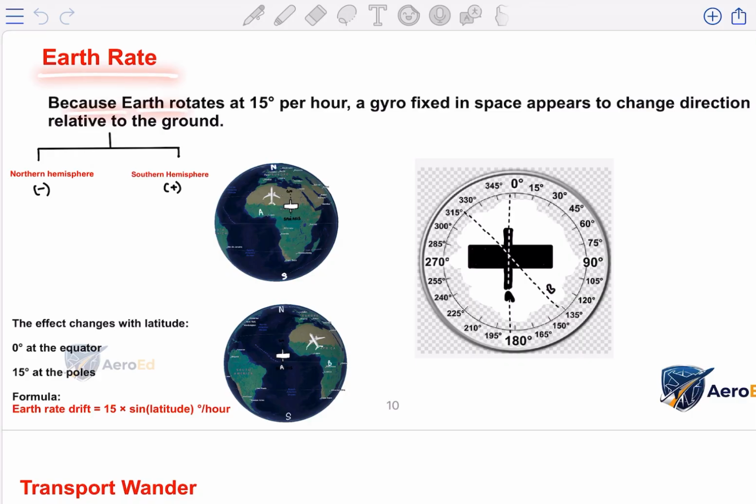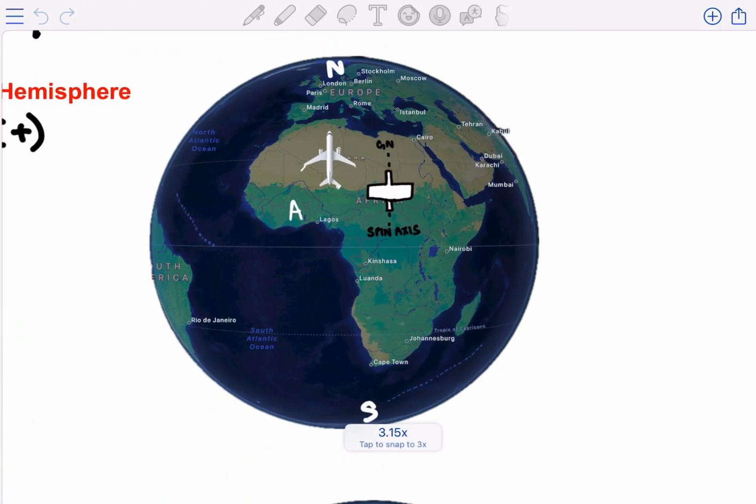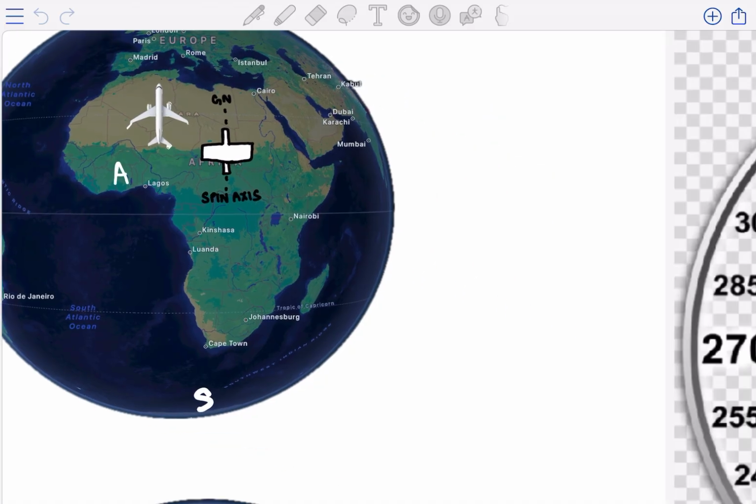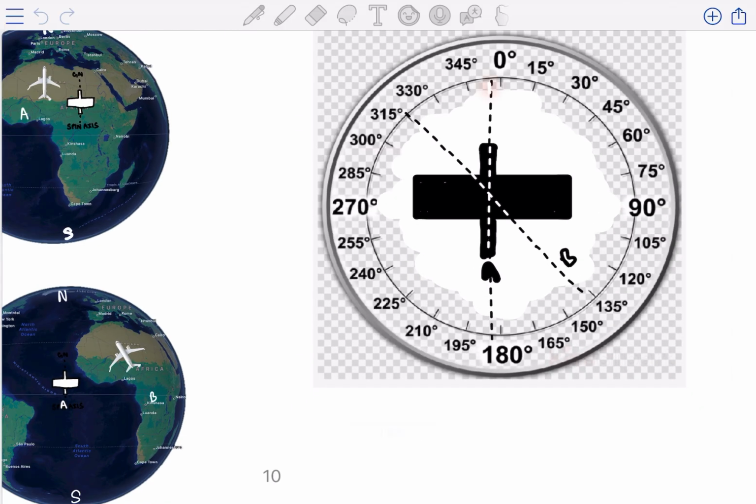Because the earth rotates at 15 degrees per hour, a gyro fixed in space appears to change direction relative to the ground. Let me explain this with two examples. This is an aircraft parked in the northern hemisphere, pointing true geographic north, and the spin axis of the gyroscope is also aligned in the same direction. Now if we attach a compass to the spin axis, just like we did here,